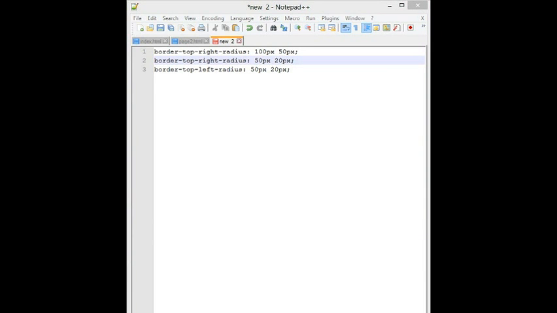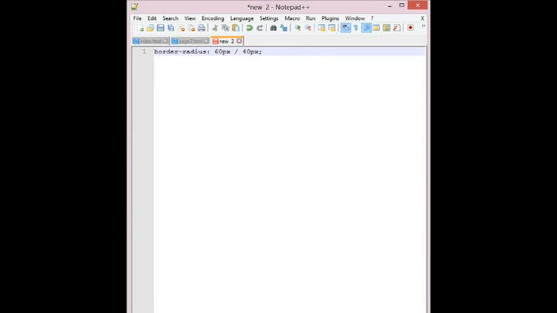Okay, so I'll just show you the example. This is how you can use the shorthand property to assign elliptical corners. And if you want to see something really nutty, you can look at the border radius shorthand property that specifies a different ellipse for each of the four corners.